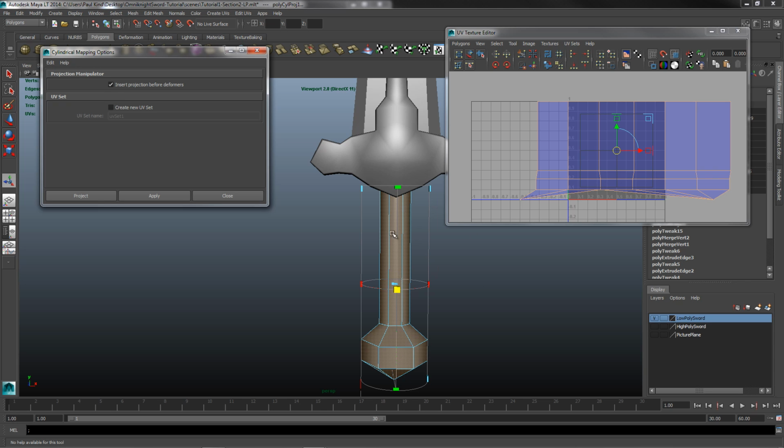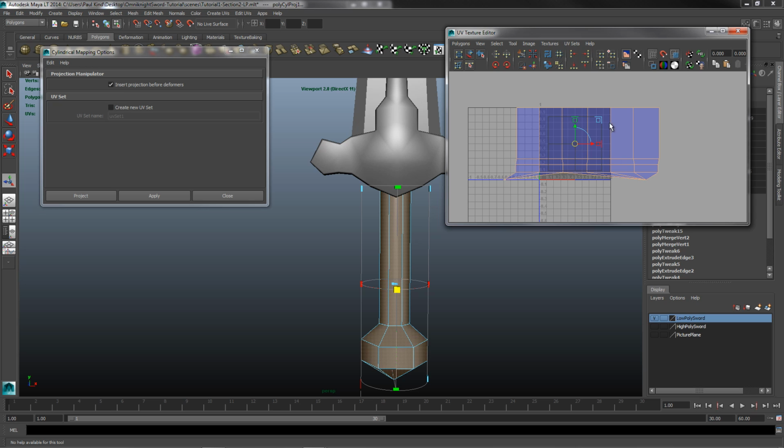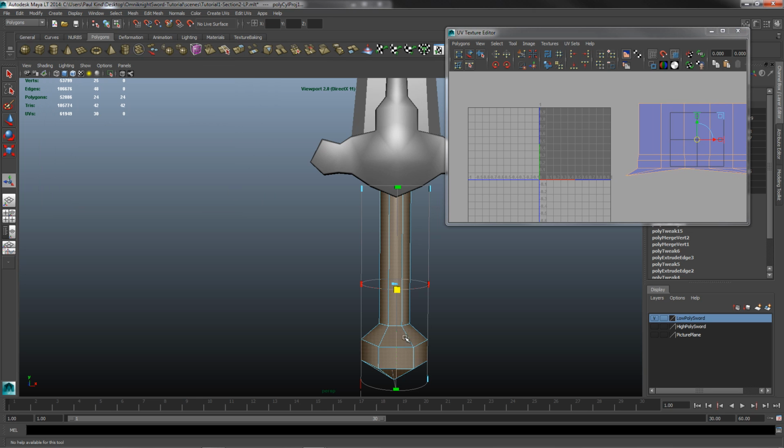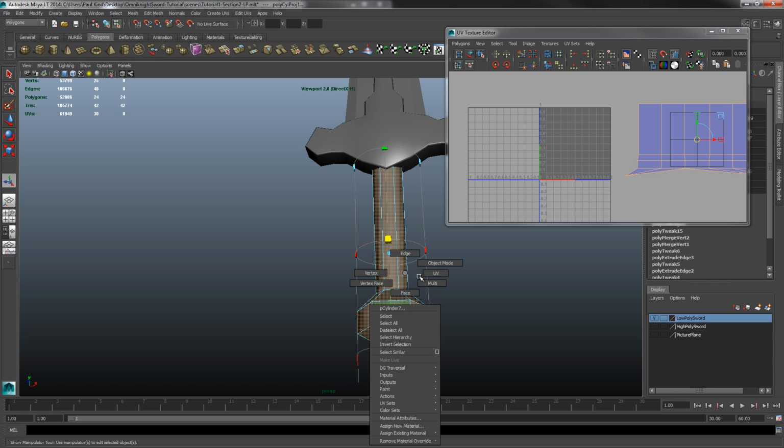And we'll get this funky looking thing, and we can see that, well, parts of it are good, but parts of it aren't, right? So that's okay. So we're just going to move this out of the way, and we're going to hit this closed. Okay, this bottom part is the thing that's giving us an issue because it doesn't really relate well to a cylinder, right? So all we're going to do is go right-click, Object Mode,